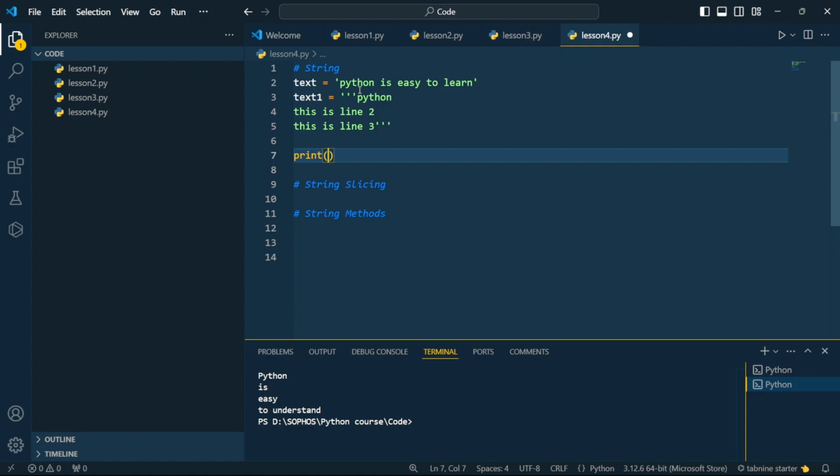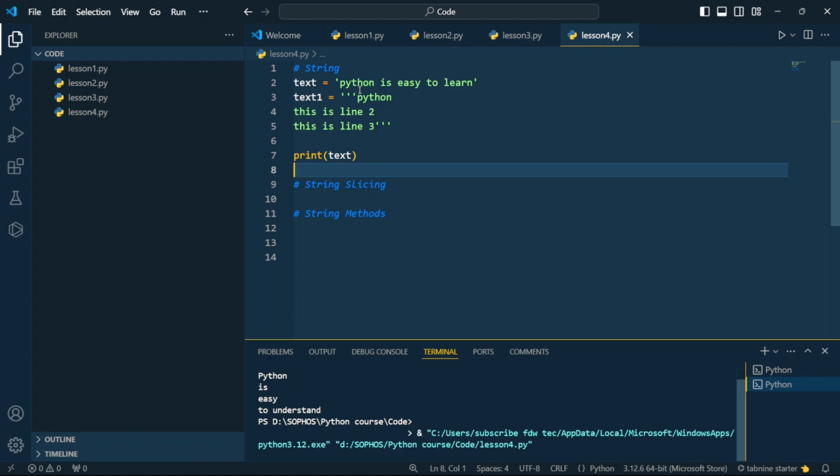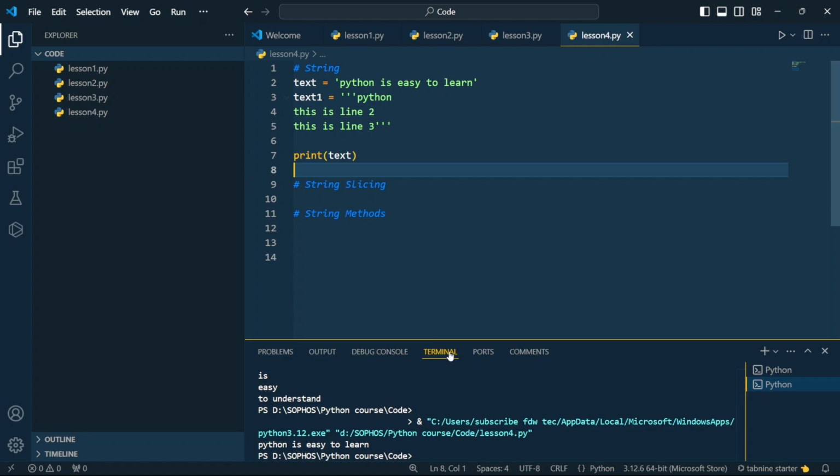So how do I print? I would write text without any quotes. This would print whatever value is stored inside the text. Does not matter if it's an integer or it's a string. It would print whatever is saved inside the text. So let's run this. It has run. This is the line. Python is easy to learn. The first line. Now if I print